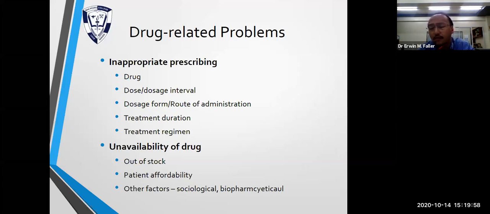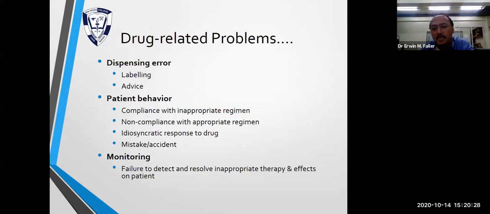And what is under biopharmaceutical? It is all about the absorption of the drug into the body that may have a dramatic pharmacological response. And what will happen if there's no absorption? Of course, it affects bioavailability at a particular site. So it really matters, the application of all this pharmacology. Pharmaceutics is an integration of what we are doing in our dispensing class. Okay? So even the dispensing error, patient behavior, monitoring, and that would be the endpoint that we are looking at.